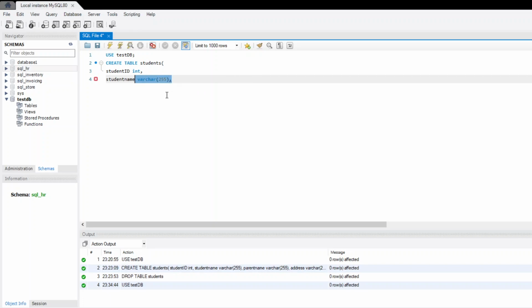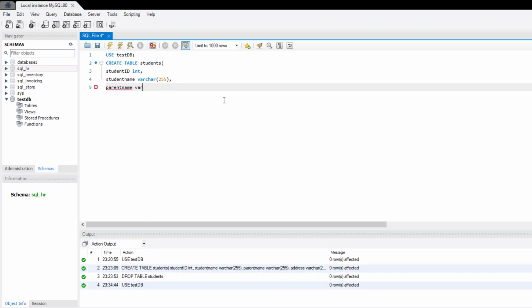Now we have to just type our next column name, which is parent name, varchar 255, comma.